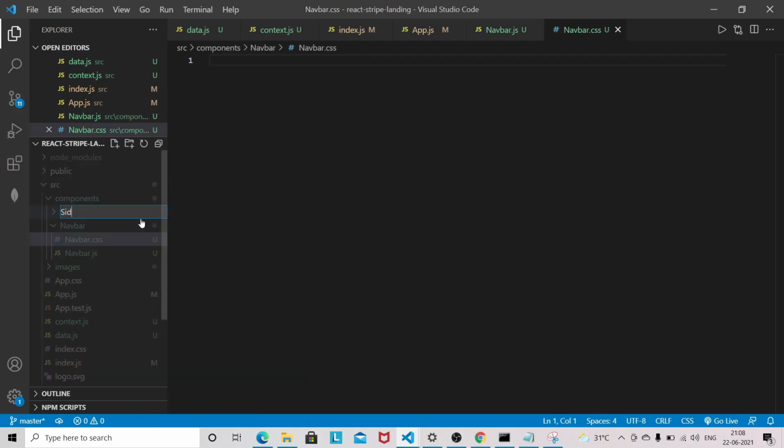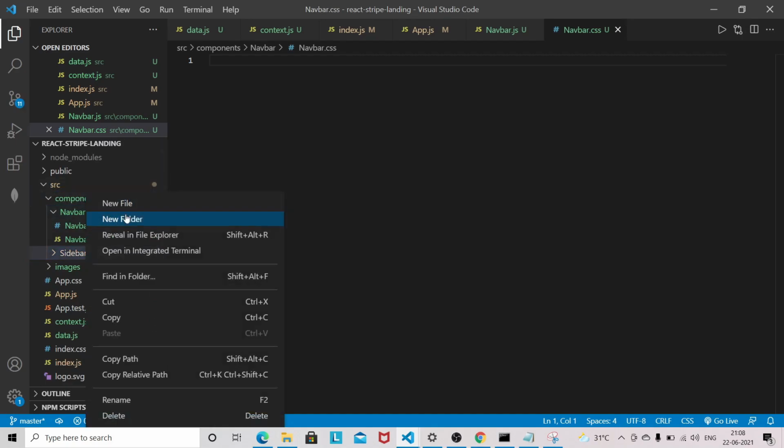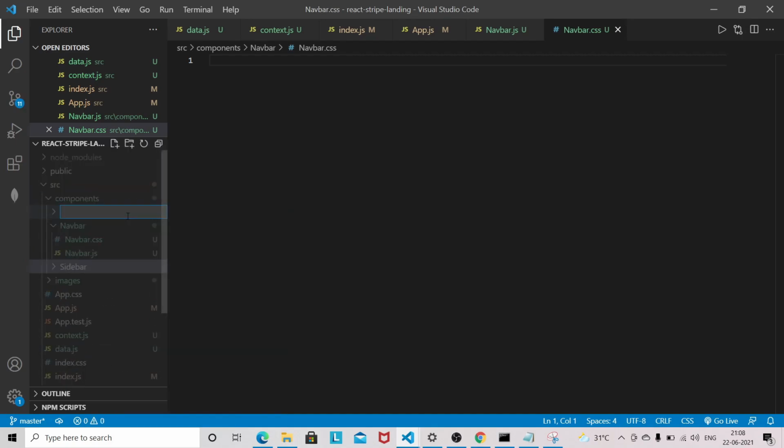So the other folder will be sidebar, and after that I need a hero folder, then after that a submenu folder we need.